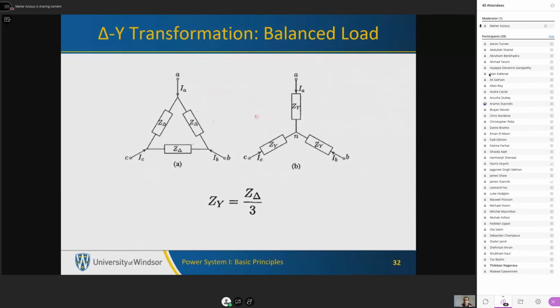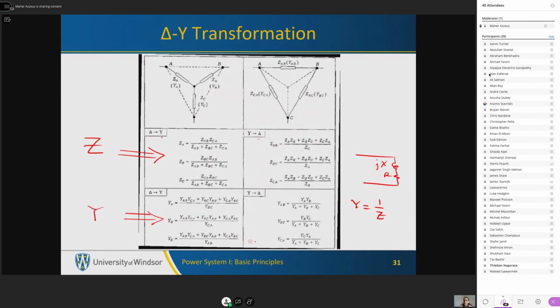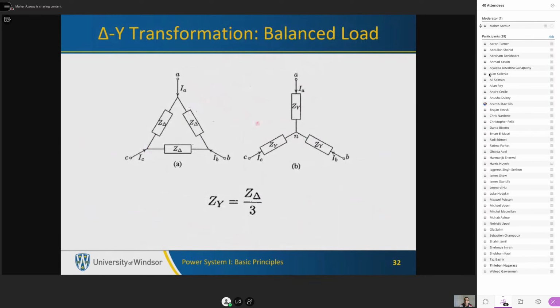If the system is balanced, then we don't need to worry about this table. This is useful when the loads are unbalanced. But when the loads are balanced, then it is very simple. The equivalent star impedance is equal to the delta impedance divided by 3. So if you want to convert from here to here, this is what you need to memorize. And of course, I'm going to provide you with a formula sheet. The exams will be take-home exams, so you have all the equations